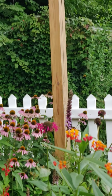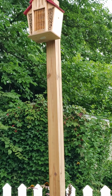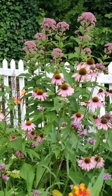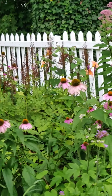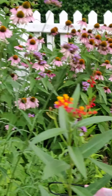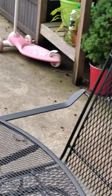If you want to see something cool, I also, at the top of that pole, have a bee hotel or insect hotel where they can rest if it's going to rain, like it has been here for the last couple of days. It is July 24th, by the way. I guess I should put that on my video. July 24th, which means the caterpillar that I just found, that I am putting down and going to take inside, you won't see